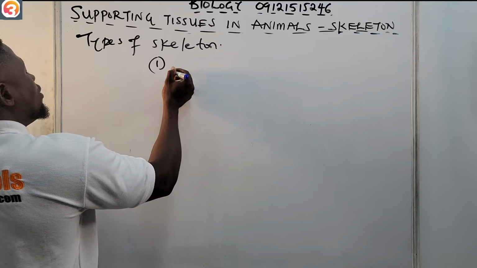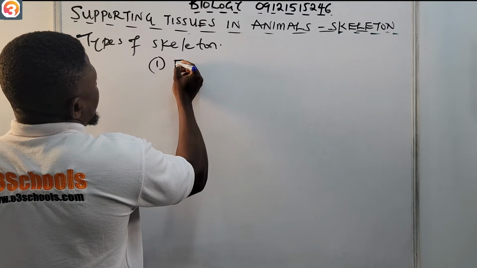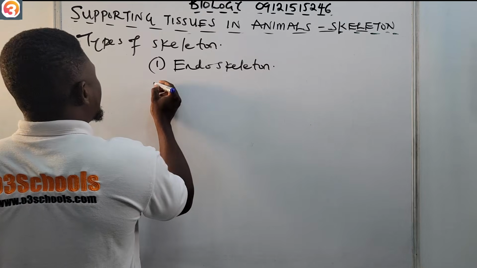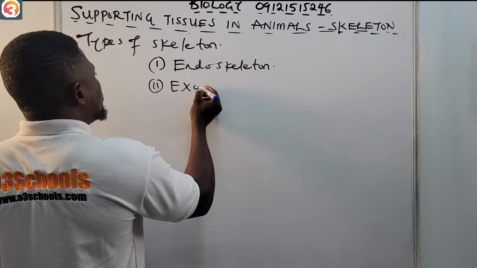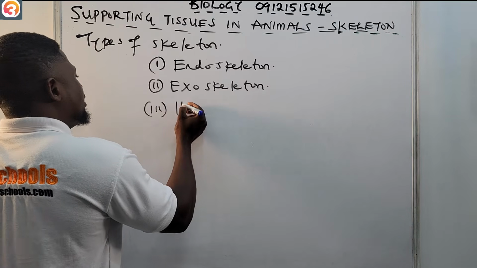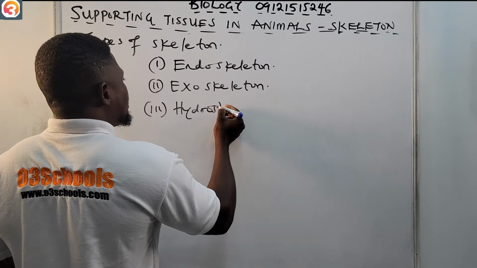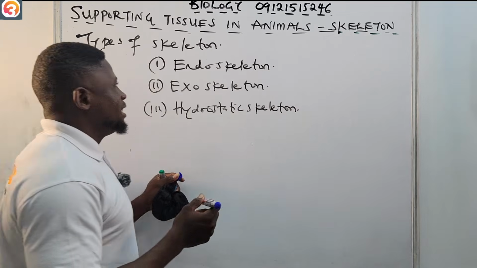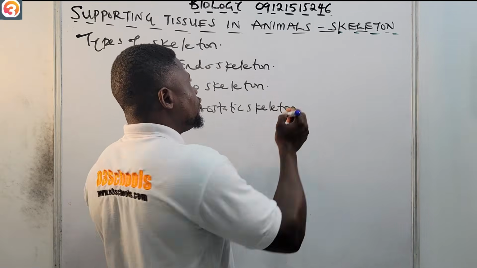So number one, we have the endoskeleton. Number two, we have the exoskeleton. And then number three, we have the hydrostatic skeleton. Now, the endoskeleton consists of